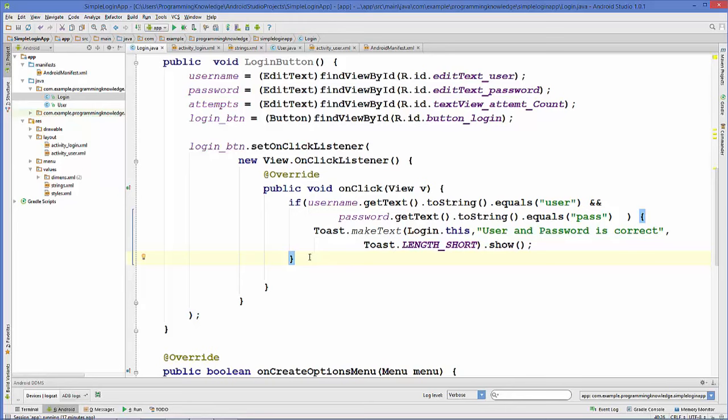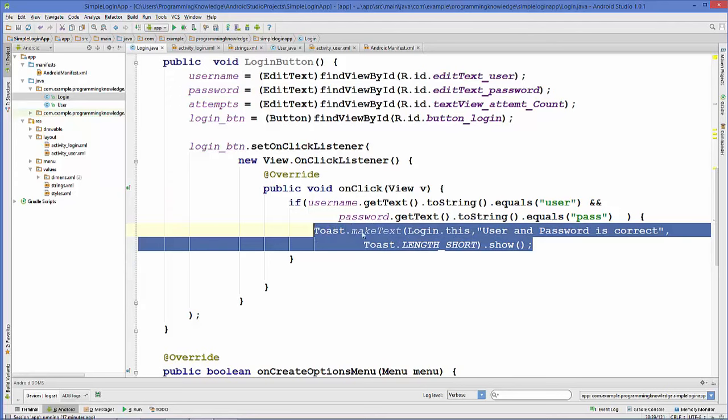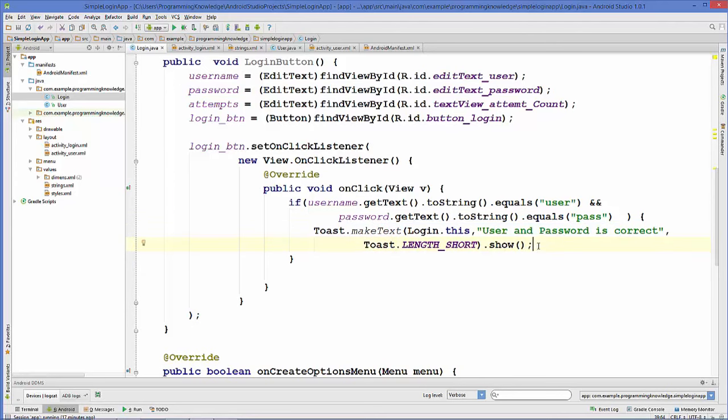If the username and password is correct, we can also redirect this activity to the second activity. This we will see in a moment, but let's define the else condition for this first. So else,